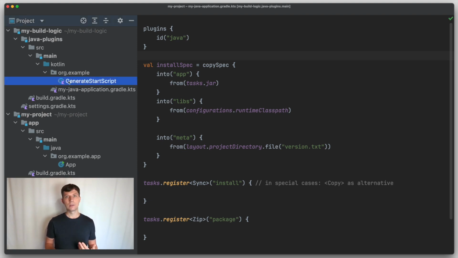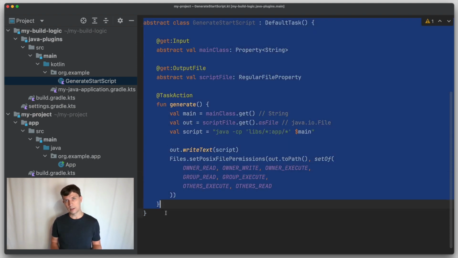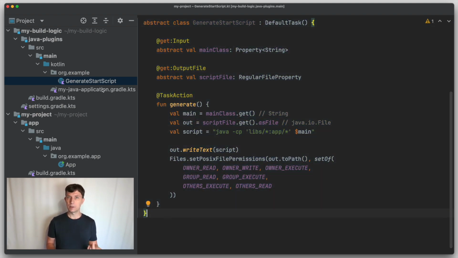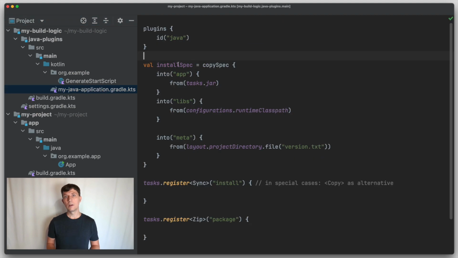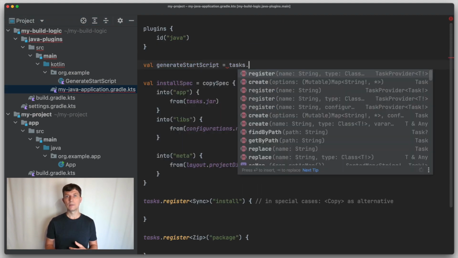In the episode on implementing your own task, we have written a custom task to generate such a script. Let's reuse the task here. We add the task implementation. For details on that, see the video on that topic. And then we use that implementation to register an additional task that we call